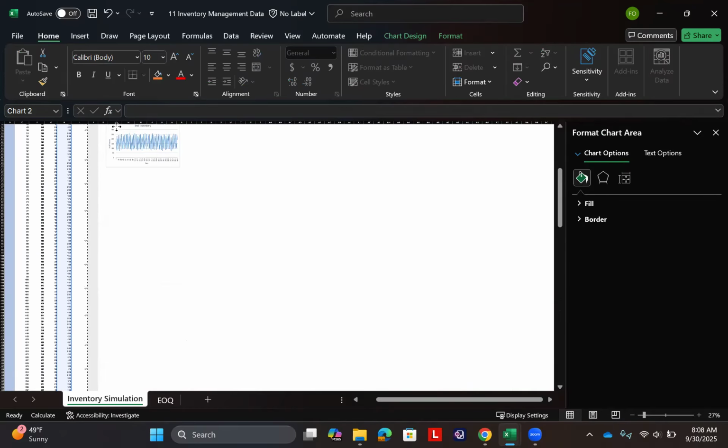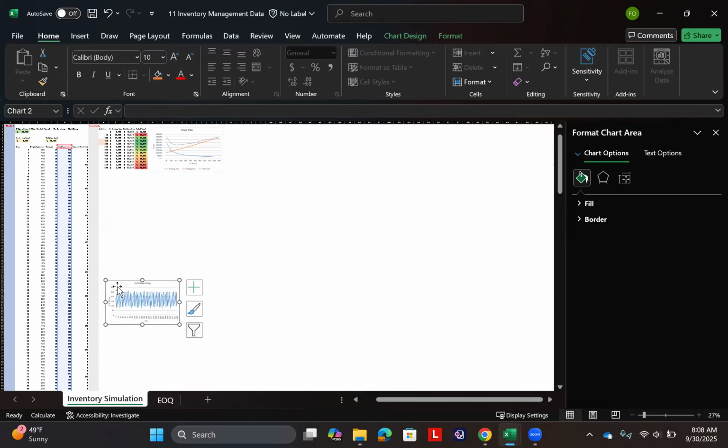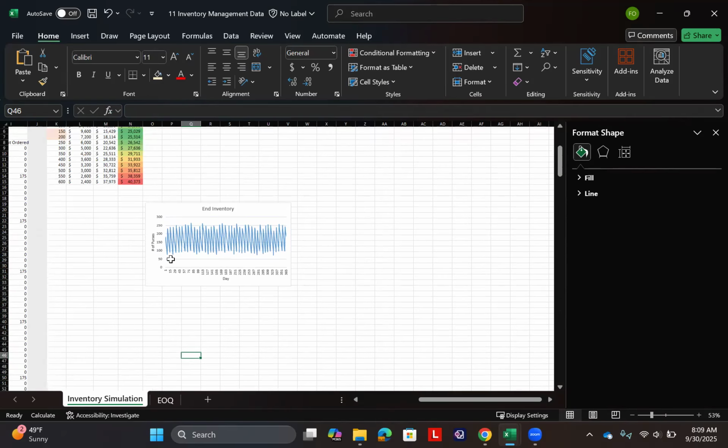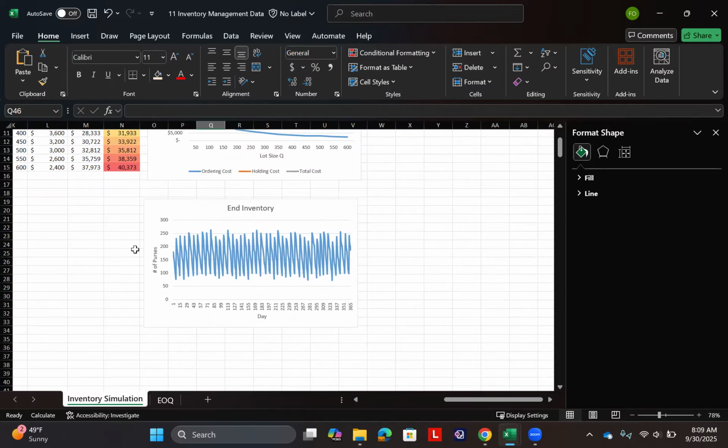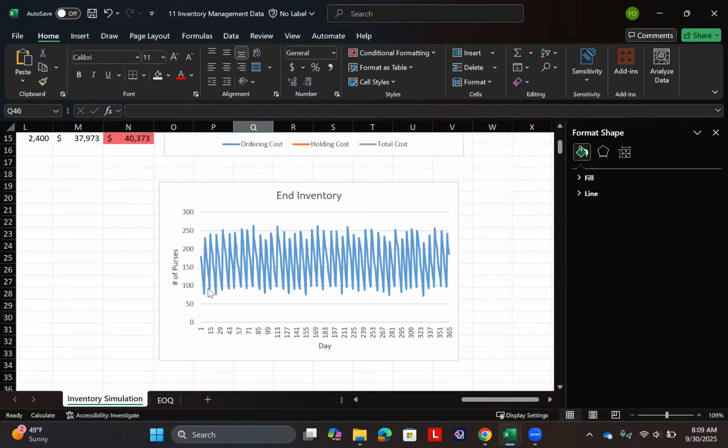All right. Sorry it's taking so long, but I just want to make sure that these charts are together right here. So if I zoom in, you can see every time we go below the 100 unit reorder point, we replenish 175 and then go down, up and down, and we have more orders, but that will minimize our total cost. That's it for this video. Until next video,